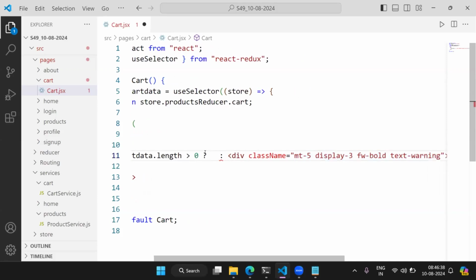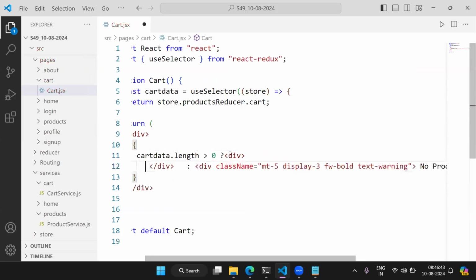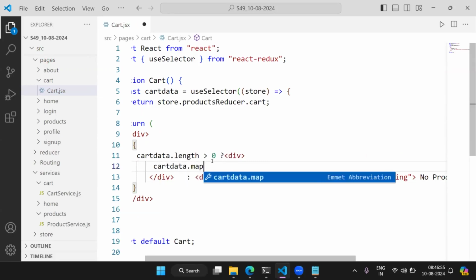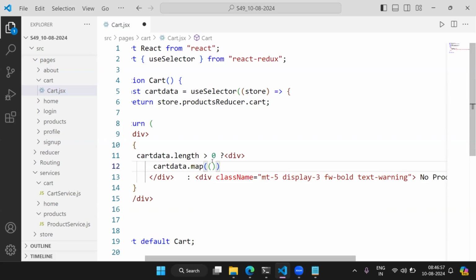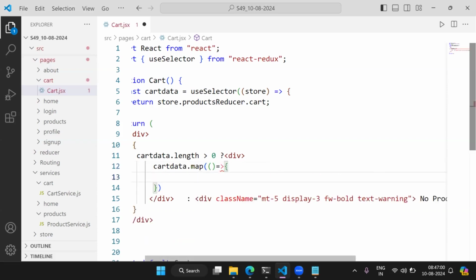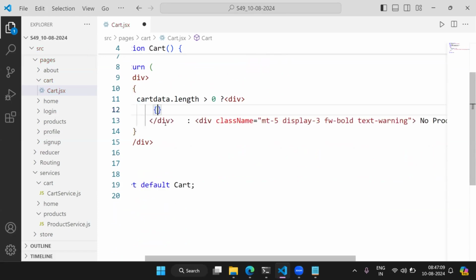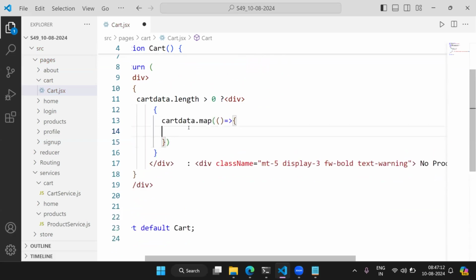If everything goes well, then in that you just render all the details. Right now, I just wanted to show only one information. That is, I will take this cart data. On that, I will apply map. Here again, we are using this, right? JavaScript code inside the div. So add curly brace, then use like this. Return. Okay, right now what I will do, I will just take one div, and in that